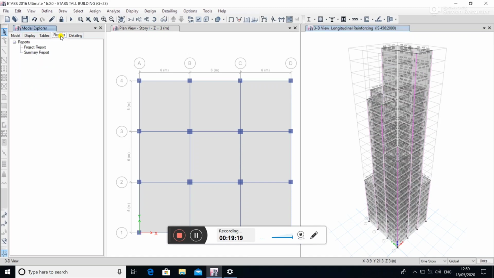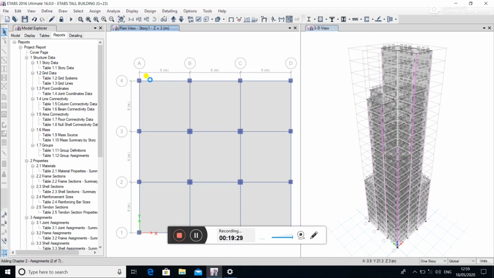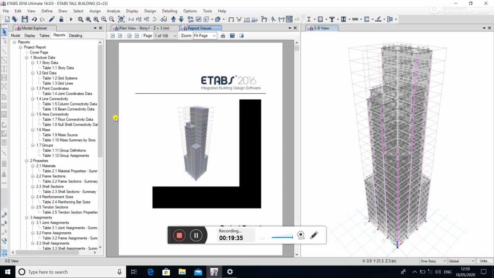First go to Reports, then double click on Project Report. This is the report.